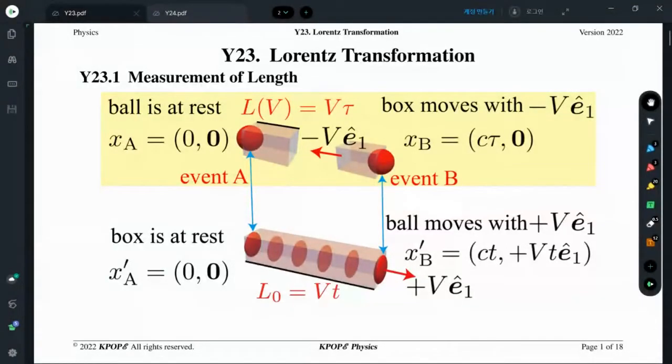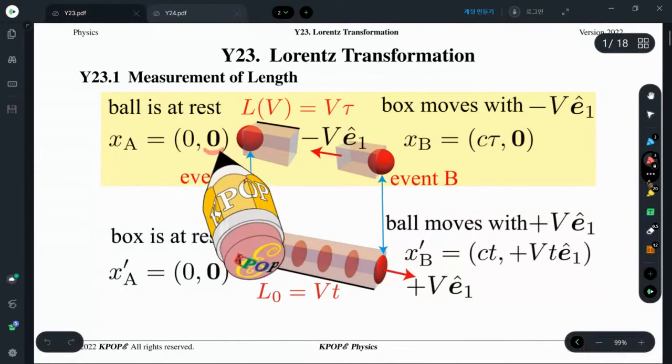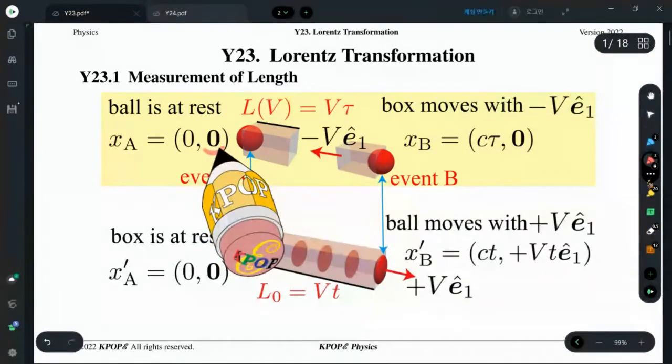Today we study Y23 Lorentz Transformation. We learned that the motion of an object can be expressed in terms of events. An event represents the space-time position of an event. So this is a Euclidean three-dimensional vector that describes